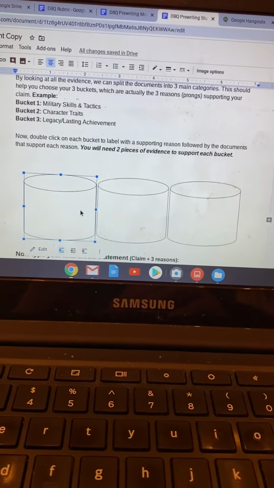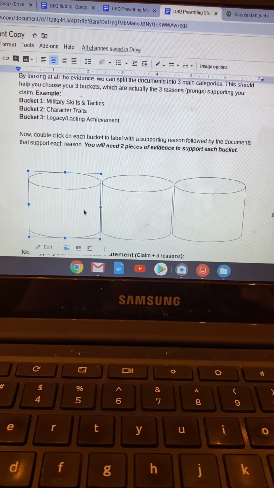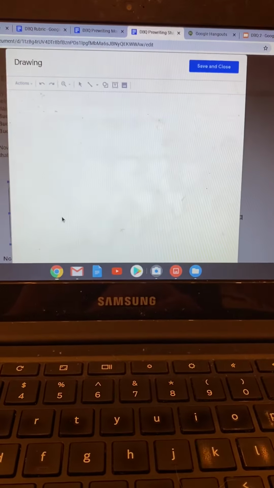All right, and just a reminder, let's do this one more time. So here, I'm going to double click on my bucket. That's going to open up the drawing. I'm going to click on my text box. I add a text box in here. Okay, forgive me for typing slow. I'm typing with one hand here.